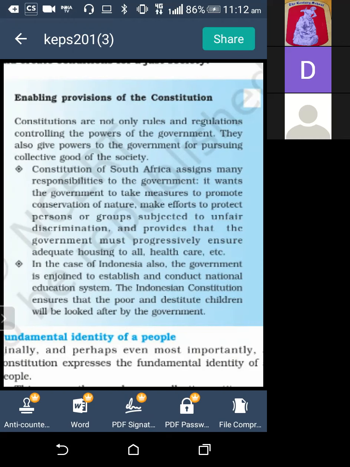जब उसका धैर्य जवाब दे जाता है ना, then we are nowhere. हमें कोई रास्ता नहीं मिलता. So it wants the government to take measures to promote conservation of nature,